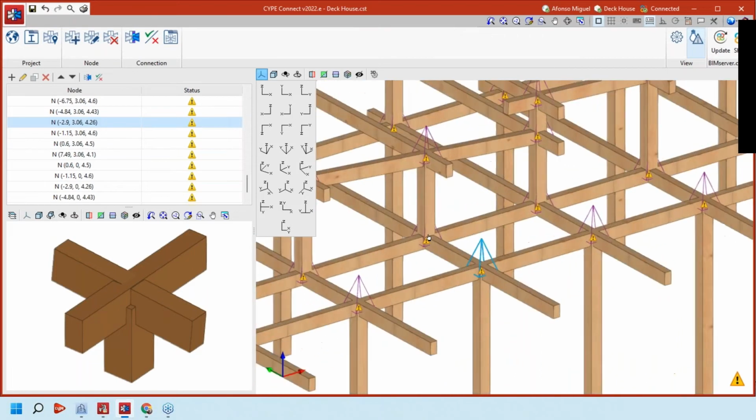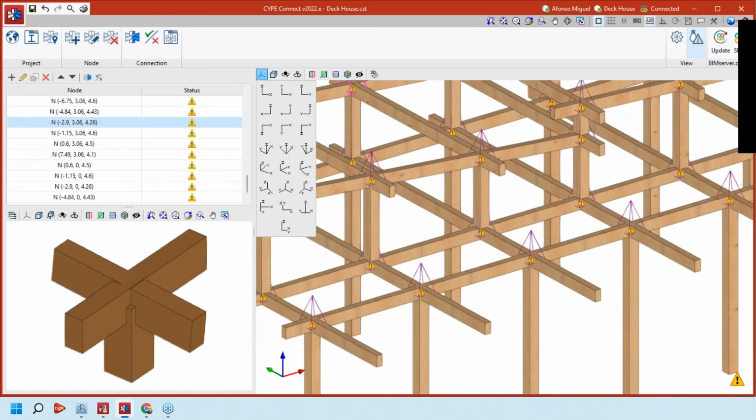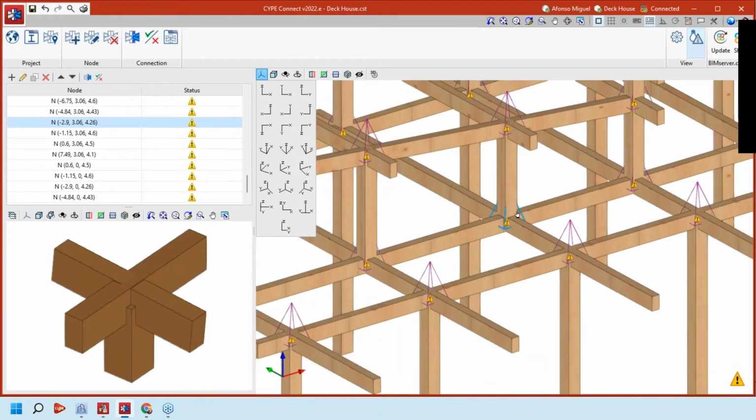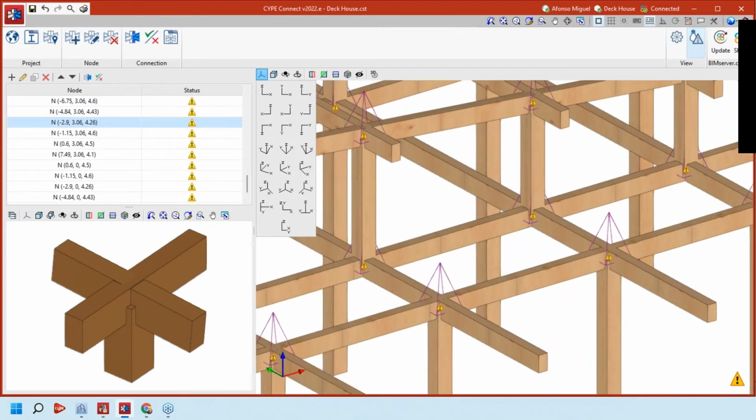or maybe this one. So for example, I think this one is going to be a good example. But before we start, let me show you one detail. Okay, here we have